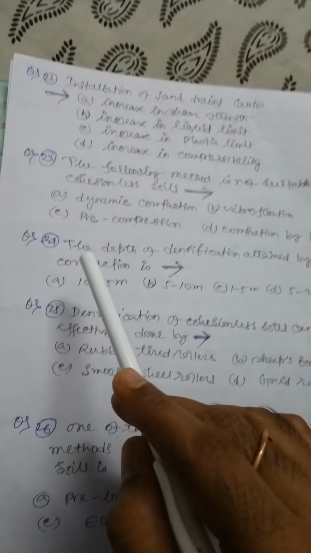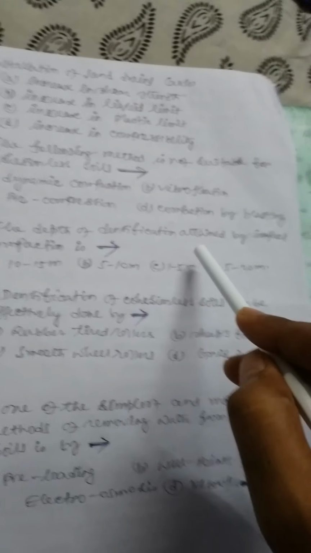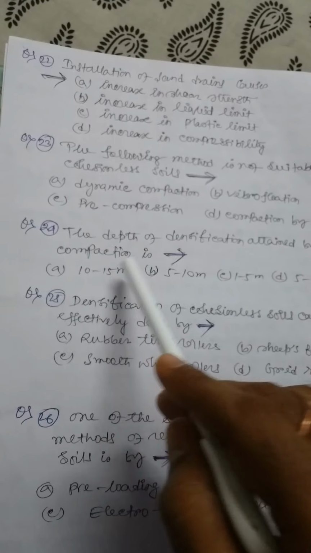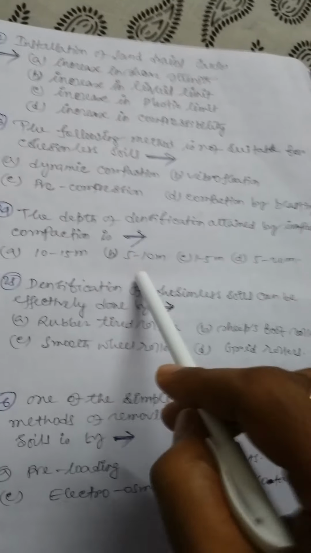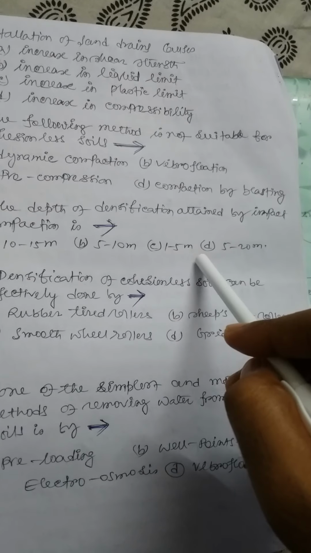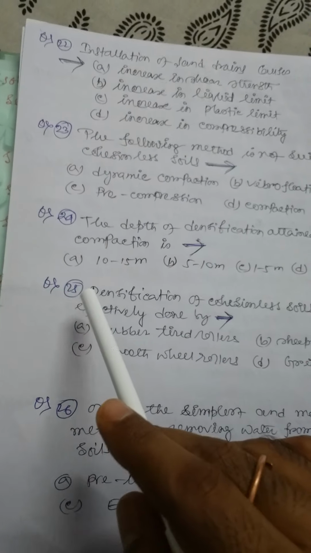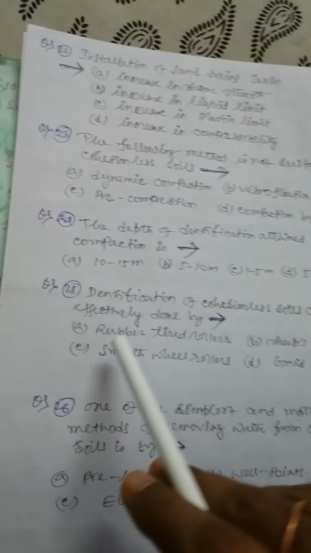Which one is correct? Now 24. The depth of densification attained by impact compaction is: 10 to 15 meter, 5 to 10 meter, 1 to 5 meter, 5 to 20 meter. 25. Densification of cohesionless soil can be effectively done by